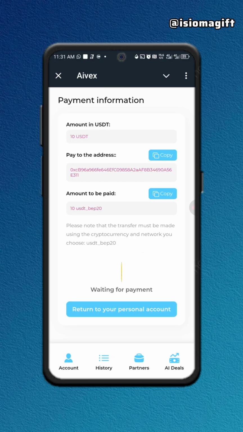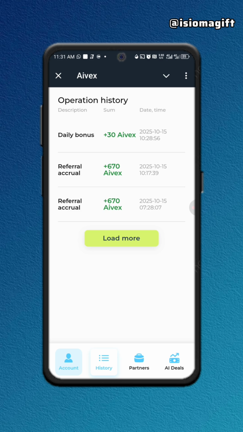All right, immediately you make that $10 deposit, automatically your mining rate will increase. So just come here, copy the wallet address given to you, make your deposit minimum $10. I advise you to do maybe 10.5 or 10.2, just in case of any form of gas fee, so your money doesn't get missing on the way. So that is how you make your deposit.